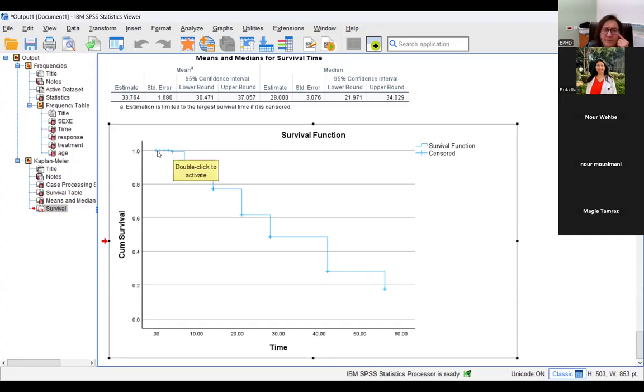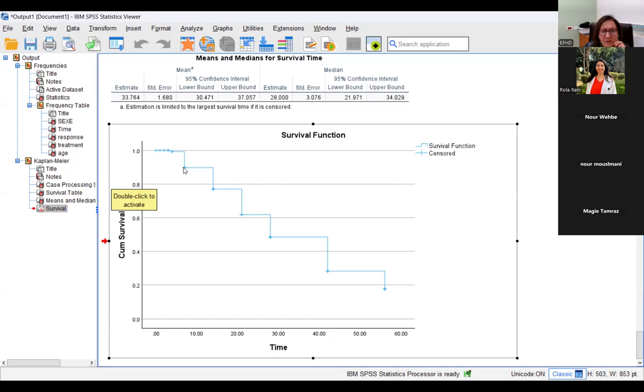Why do we have at 1, 4 consecutive pluses and the trajectory didn't change? No, it's still the same. I don't know why they put the pluses. I'm not sure why they put it, but all of these are censored. These are the censored, and then we have the event at 4, and then we have another